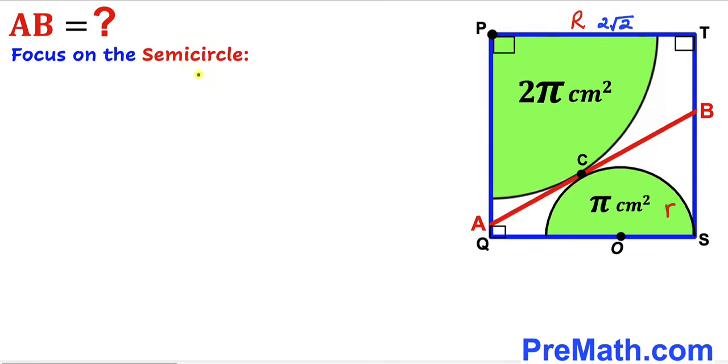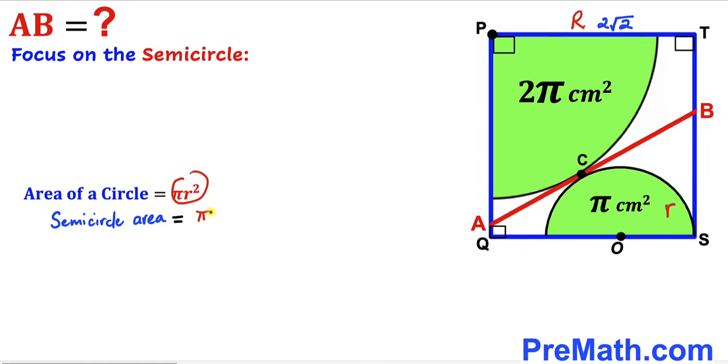And now we are going to focus on this semicircle. And now let's recall the area of a circle formula once again. Area of a circle is always equal to pi r square, where lowercase r is the radius. So the semicircle area formula is going to be pi lowercase r square divided by 2. And in our case, the area of this semicircle has been given to us as pi. So we can write this one as pi times r square divided by 2 is going to be equal